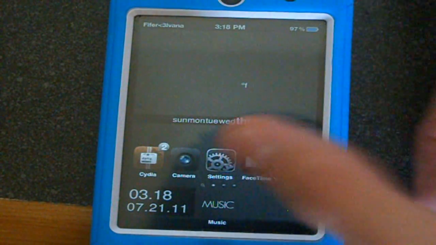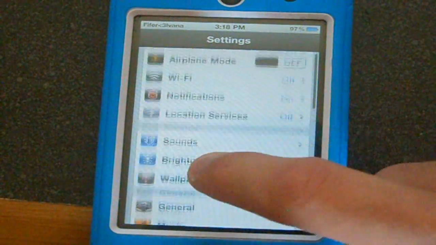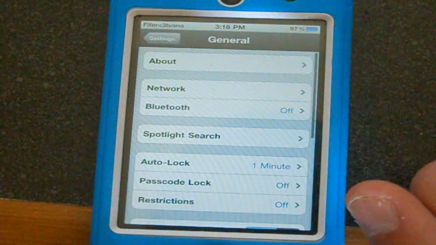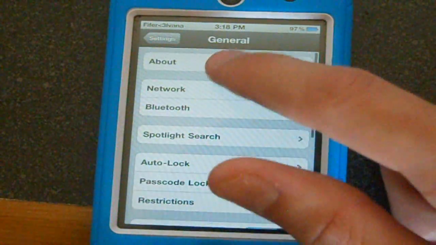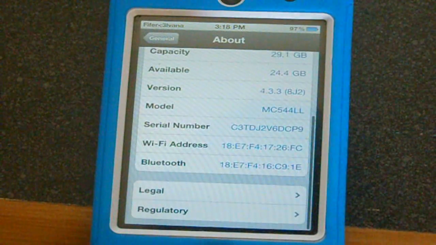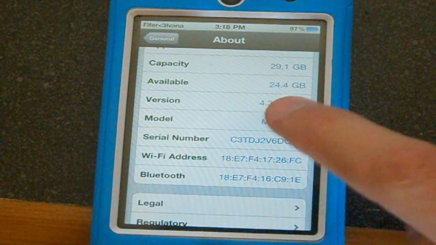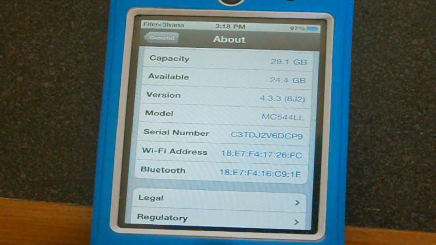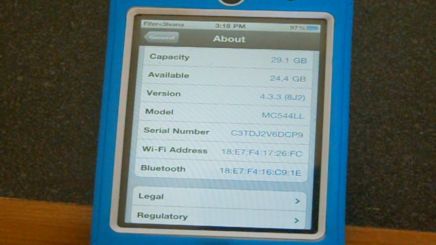It goes like that. It has different themes, and I'm just going to show you how to set this up first. Now to set this up, what you first want to do is, well, jailbreak your iDevice. So go to General, and we're going to figure out what firmware you're on. Now most people update their iPods a lot. Now I'm on version 4.3.3, and you're just gonna have to Google how to jailbreak 4.3.3, which is really easy